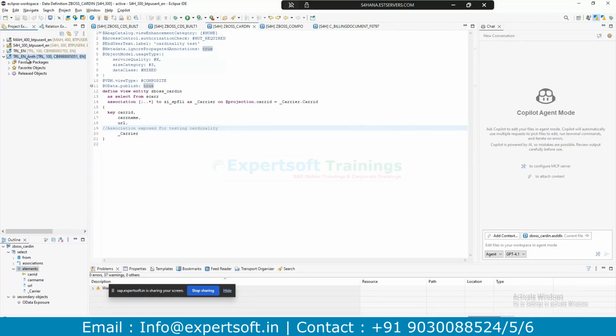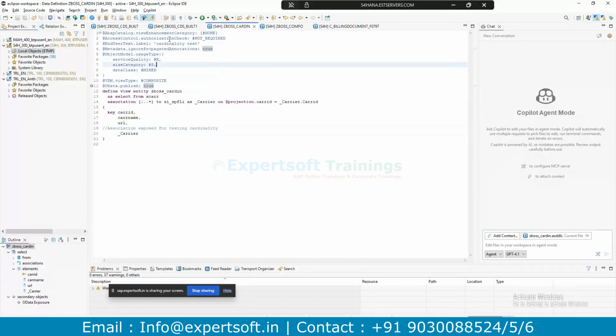This is the SAP BTP ABAP environment. And S4H is the SAP S4HANA environment, where you develop artifacts within the on-premise system. Whatever you develop in this TRL_ANTH, which I gave, is a BTP trial ABAP environment. What is ABAP on cloud? This is an ABAP environment. Whatever you develop, this CDS, it's an ABAP environment, and this is ABAP on cloud.